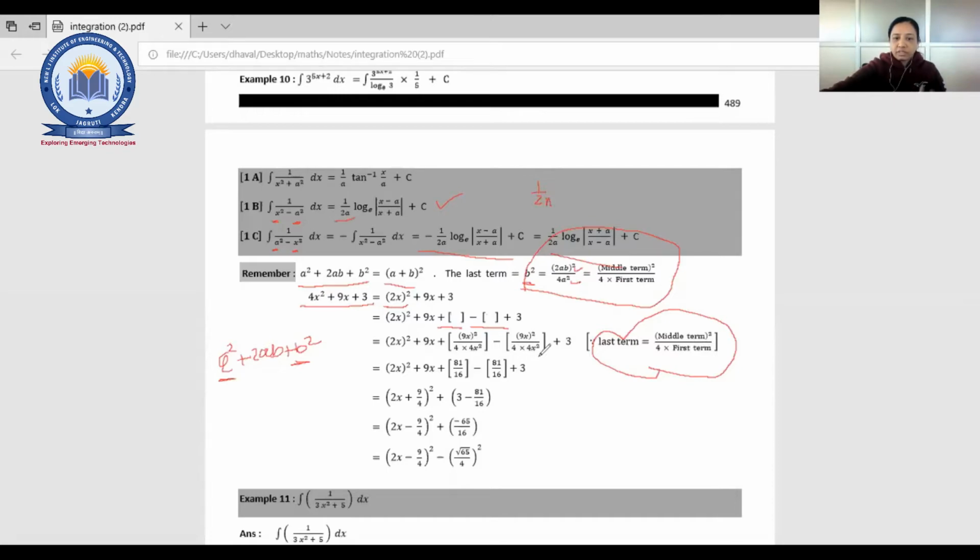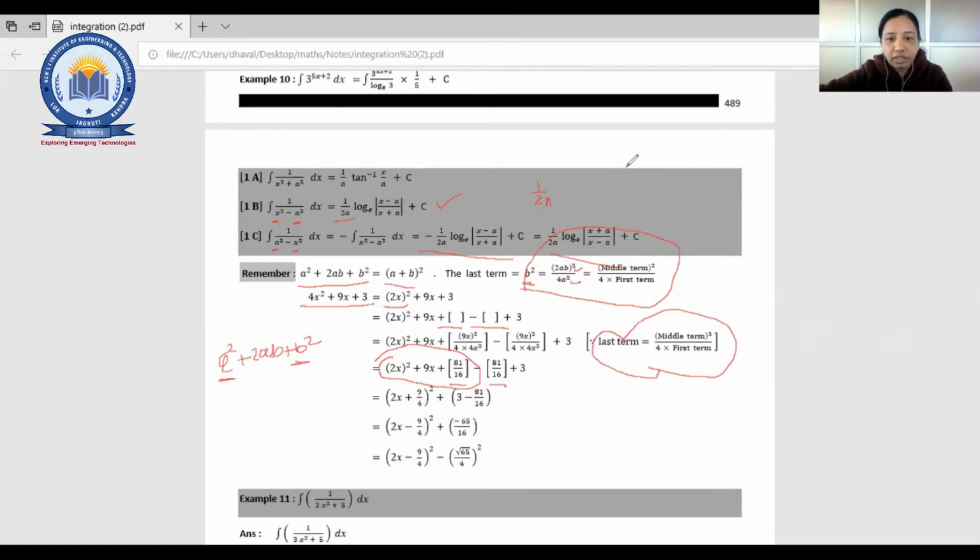So what we have done is just added the last term and subtracted the same. Now the simplification of that is 81 by 16 and 81 by 16. We can write down the whole square of that. Just consider this equation, and we can write 2x plus 9 by 4 square plus this last term. So you can write it in that way. That means this thing we are going to use for converting the equation into the form either x square minus a square or a square minus x square.